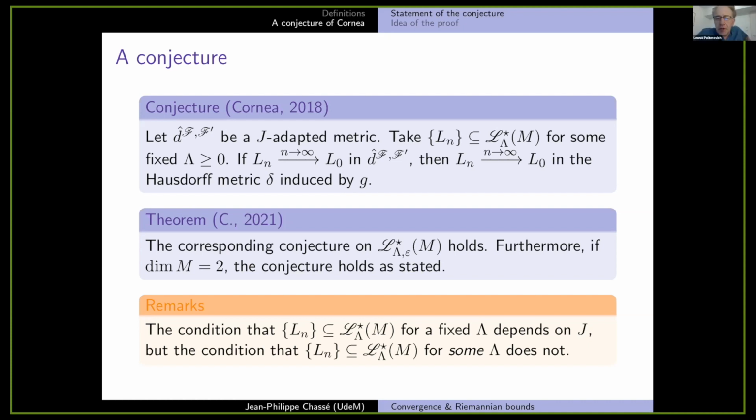Excuse me, may I ask you a question? You have these two conditions, the lambda condition and the epsilon condition. Are they independent? Do you have an example where the lambda condition holds and epsilon does not? That's a bit of an issue. I'm trying to prove that they're independent, and I think they are. It is for sure if you just perturb J a little bit, but in general I don't have a proof. I think it's true, but I don't have a proof.